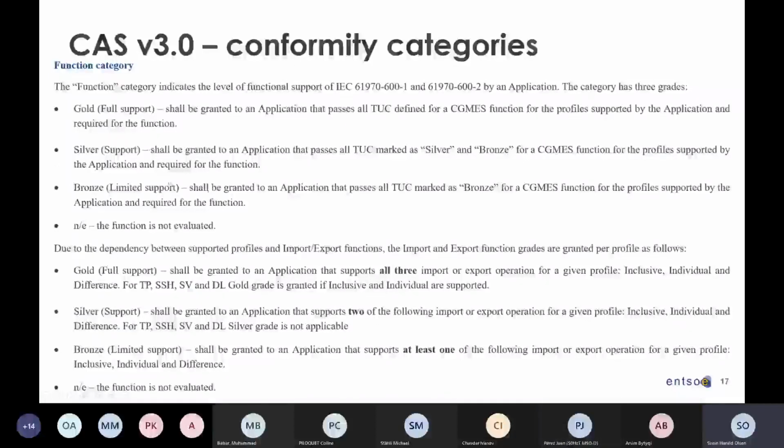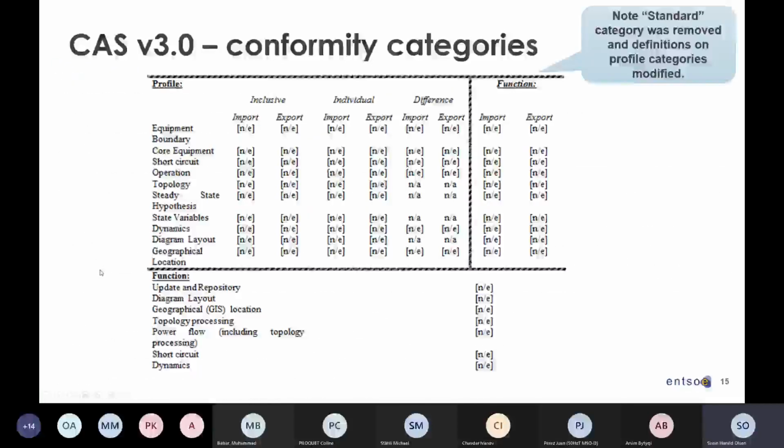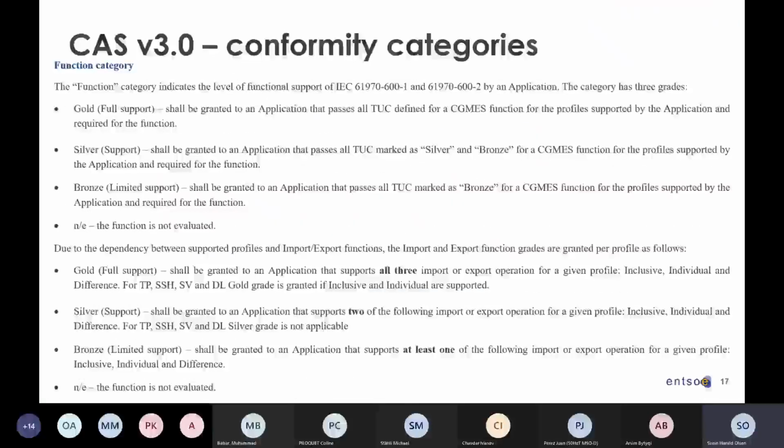So bronze is the limited, the minimum support, and then you need to pass all of the elements. For the import, if I go back, you have to set up the category for the import and export, so you can have an overall assessment for it. For gold you support all three of them: inclusive, individual, and difference.